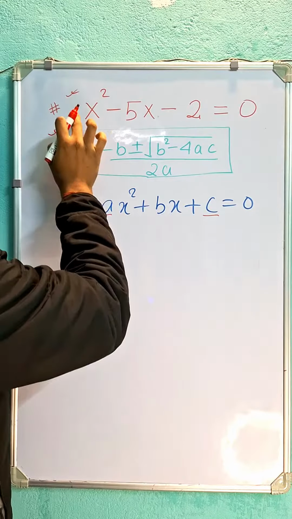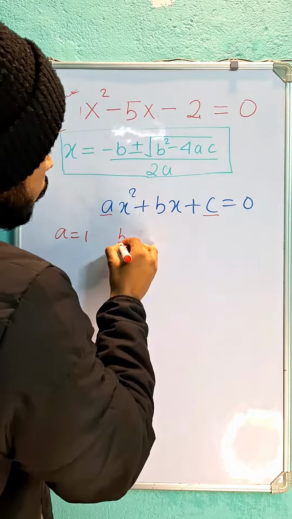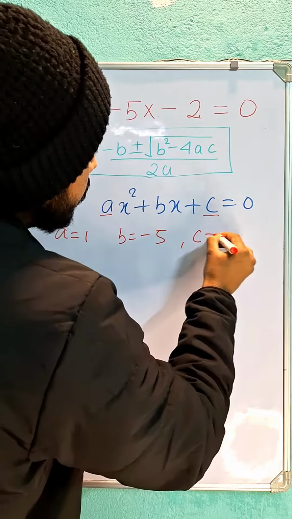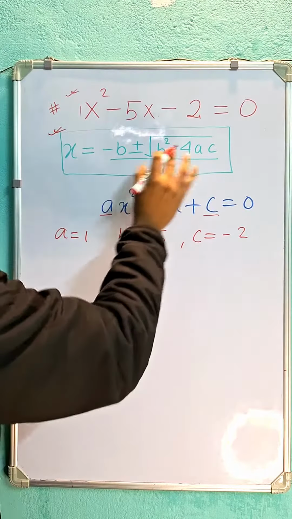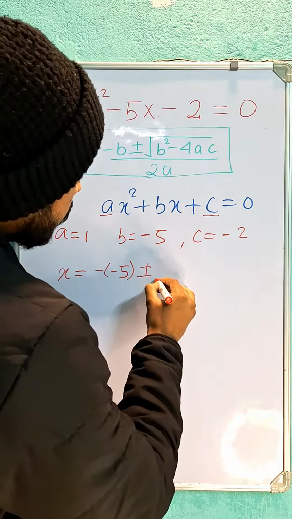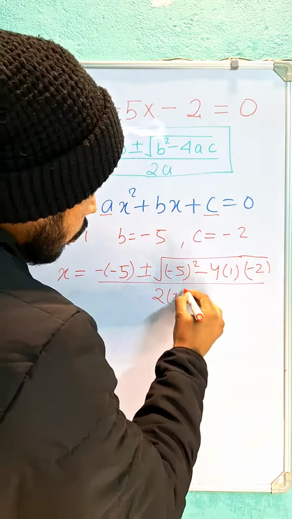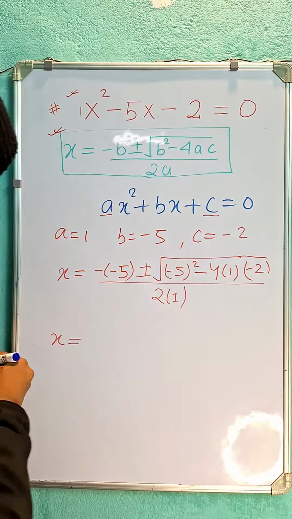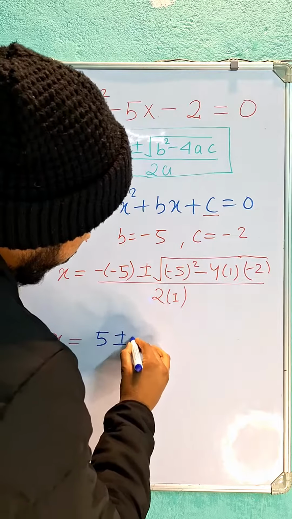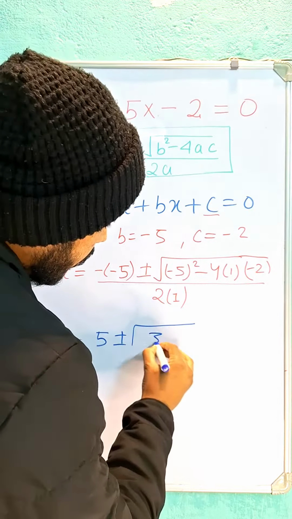Now compare this to this equation. Here a is nothing but 1, a = 1, b = -5, and c = -2. Now plug all the values into this quadratic formula, you will get x = (-b ± √(b² - 4ac)) / 2a, which is (-(-5) ± √((-5)² - 4 × 1 × (-2))) / (2 × 1). If you solve this, you will get (5 ± √(25 + 8)) / 2, minus minus will be plus, so √33